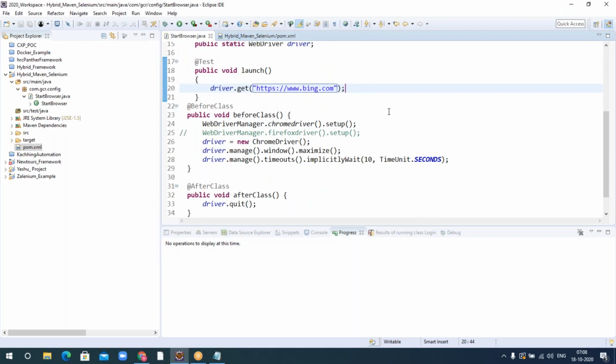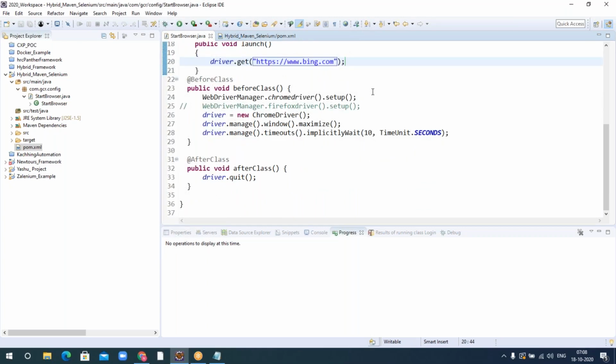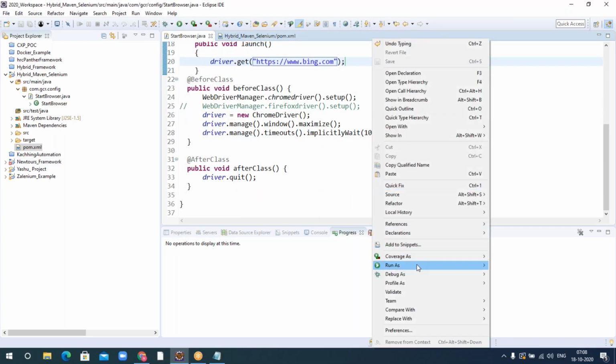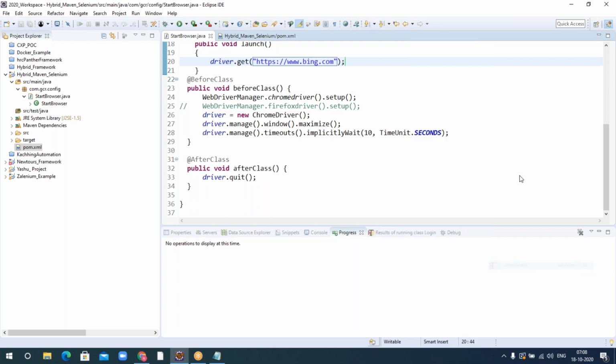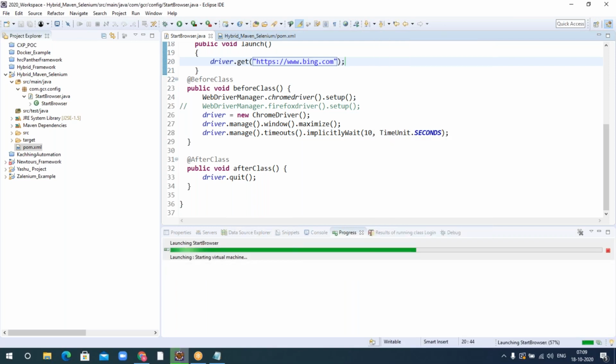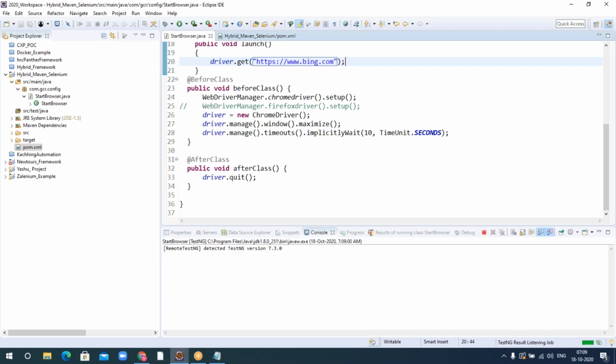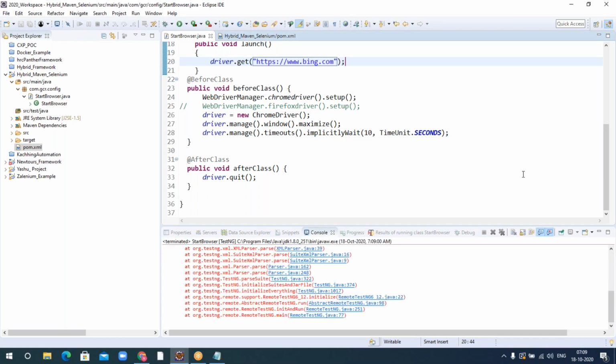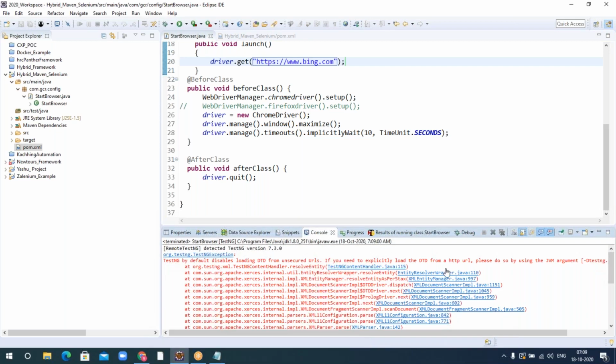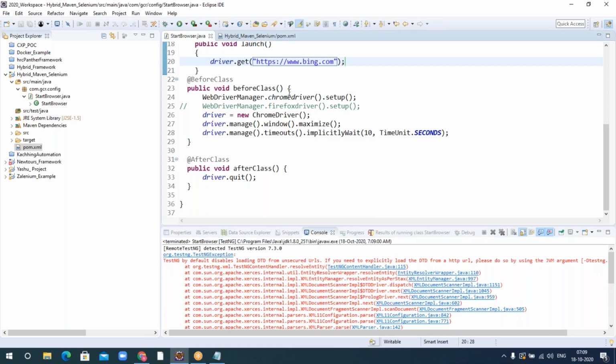Okay, I'm running it. Let me run it as a TestNG test. There is something wrong.